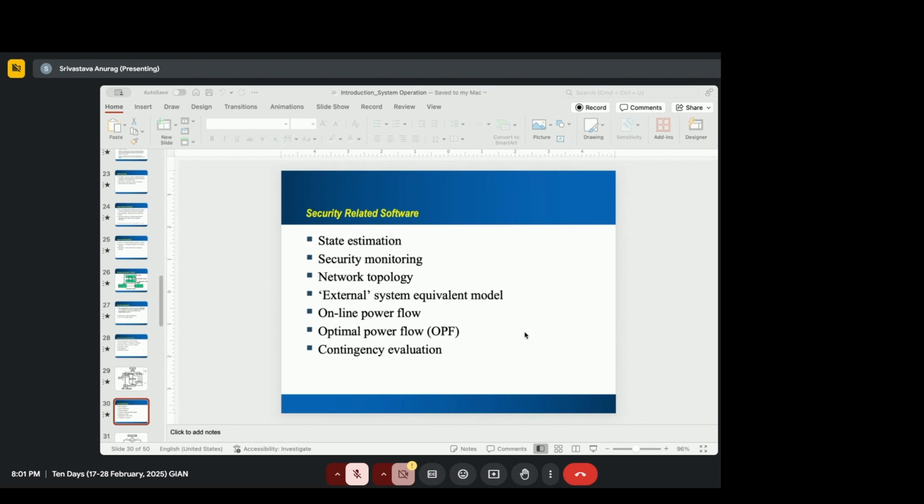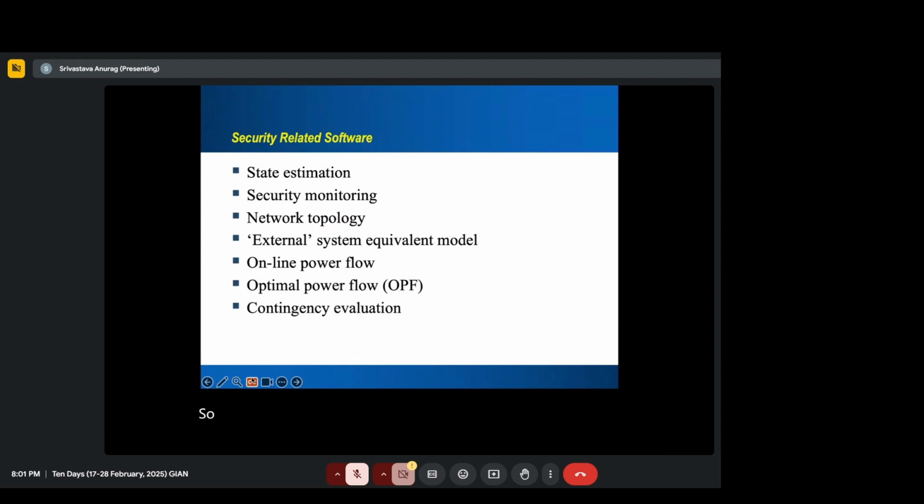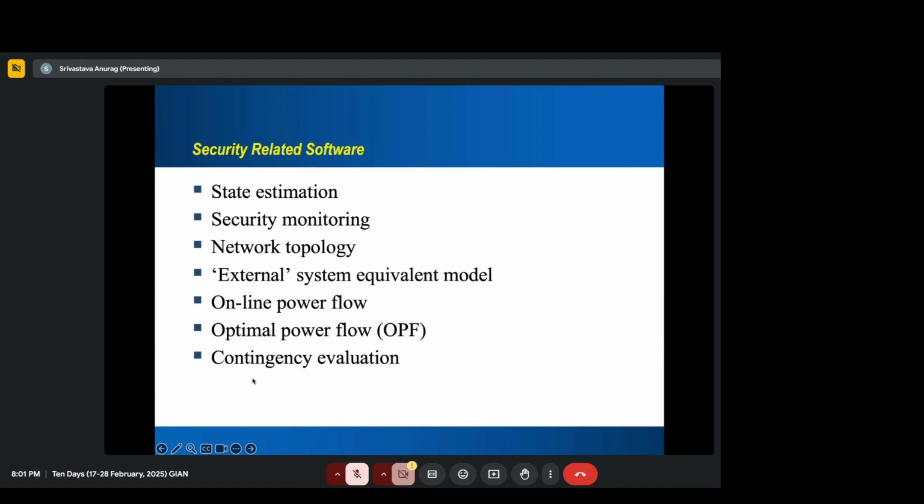All right, so let me go back and finish this part so we can talk about distribution automation and focus more on distribution. So, the different software which are there,